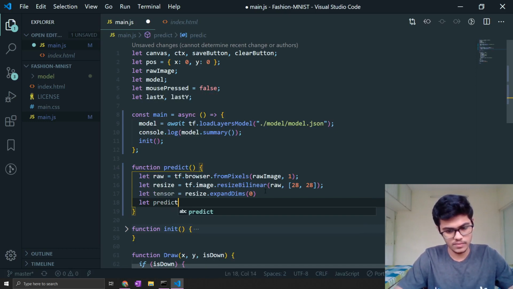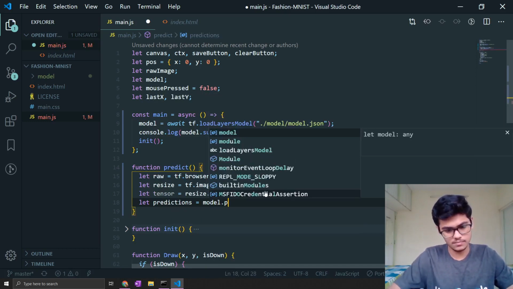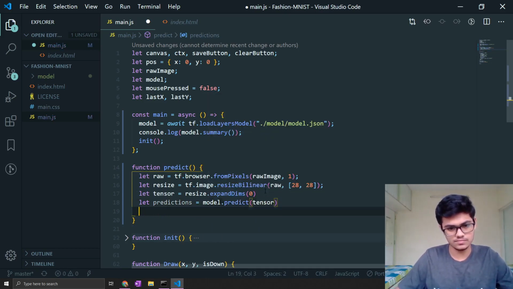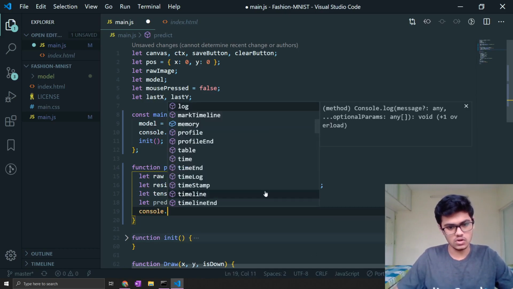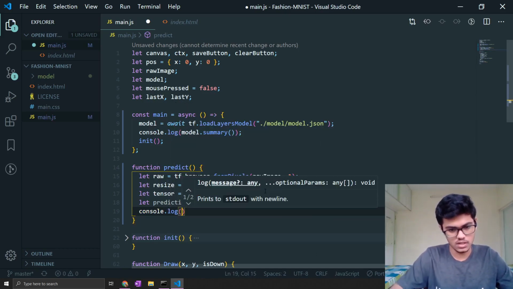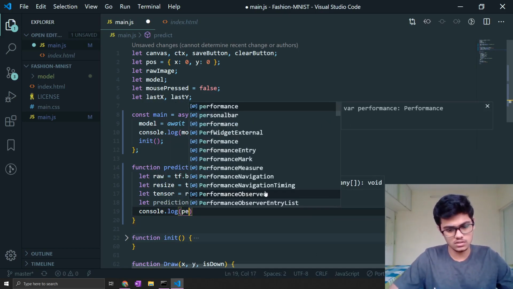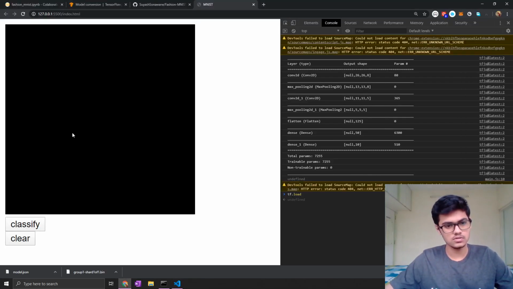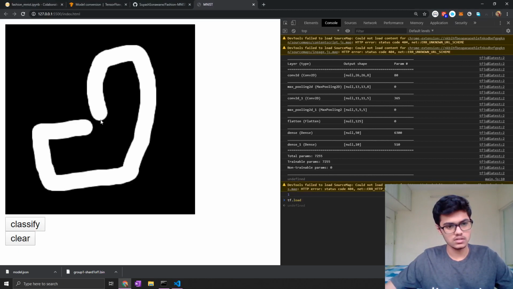So here we have predictions equal to model dot predict tensor. Now we will console log what predictions we get. Suppose I draw something like this and classify.